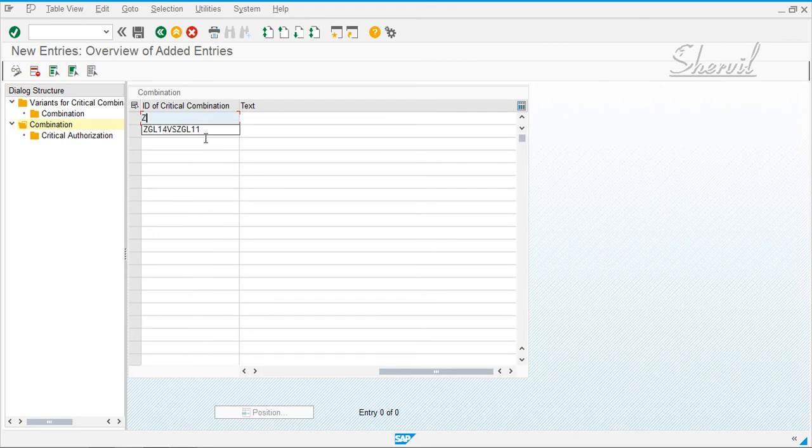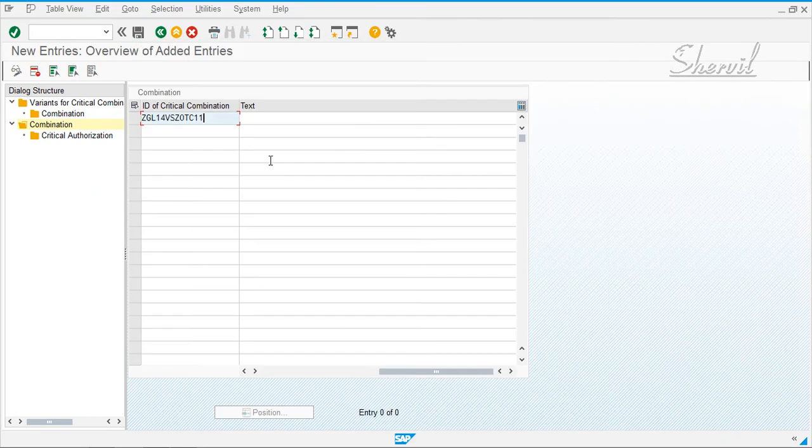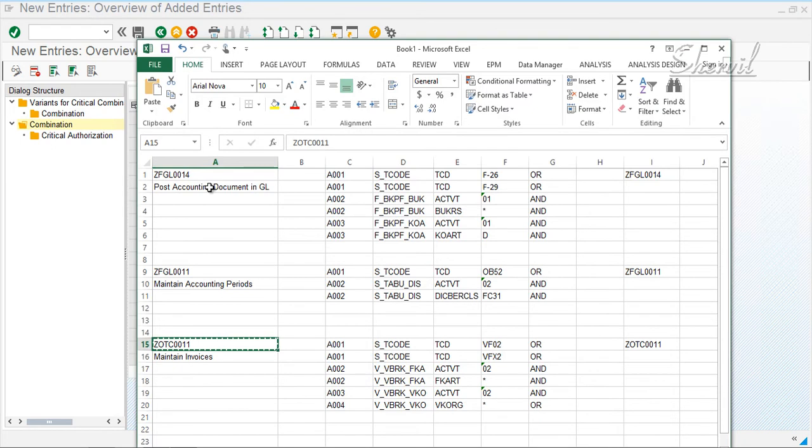And this time ZGL14 goes against ZOTC11.